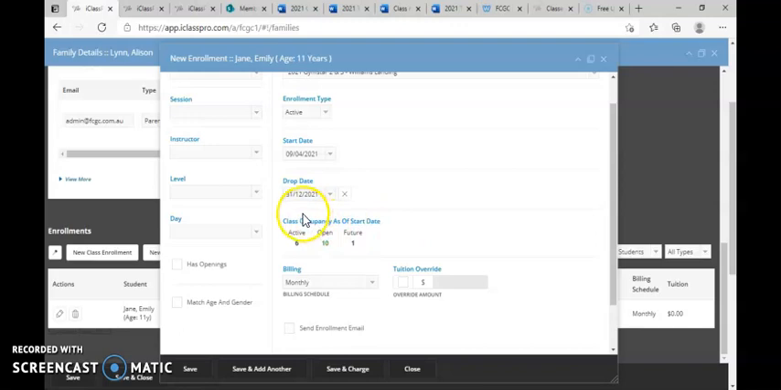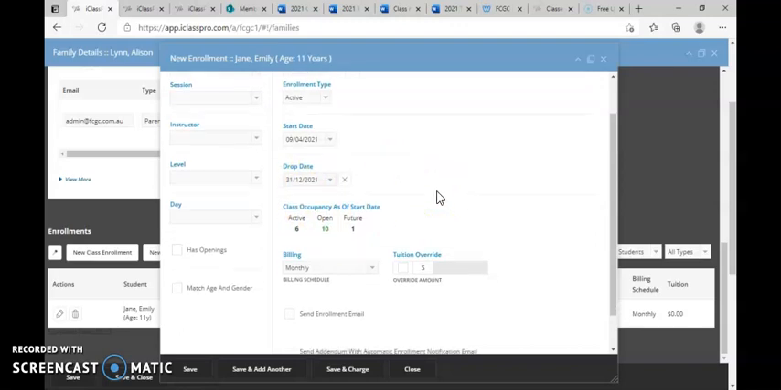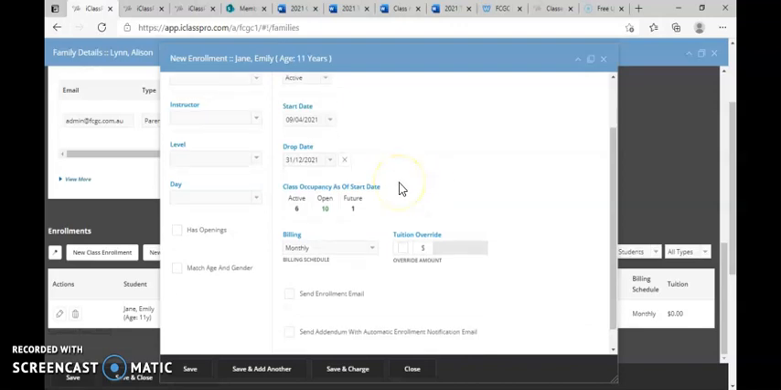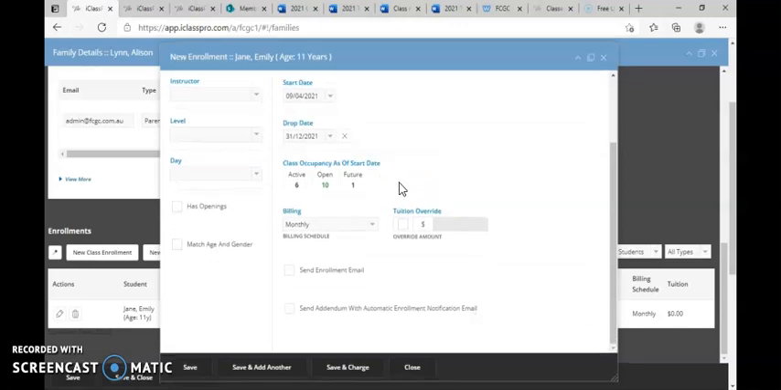So the drop date is always the 31st, and if they choose to cancel at any time, they can do that themselves online via the customer portal, and all families must cancel their enrolments themselves online. We do not do any enrolment cancellations. We're going to send them the email and the addendum,